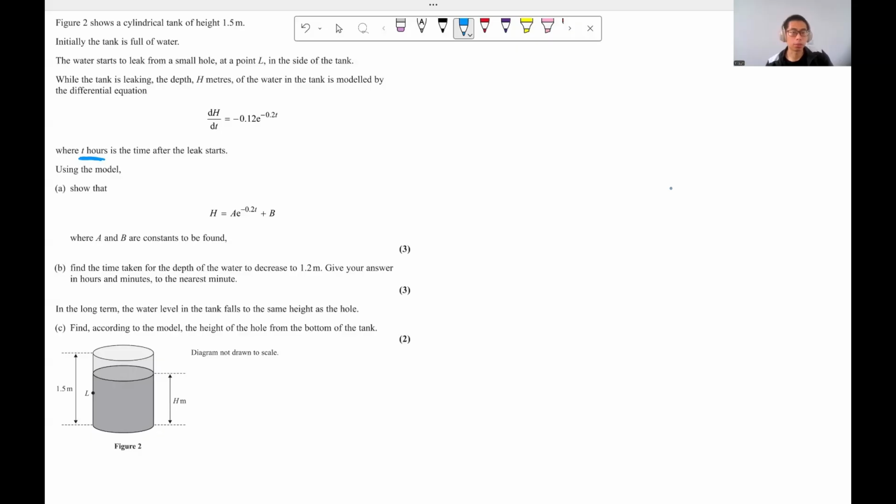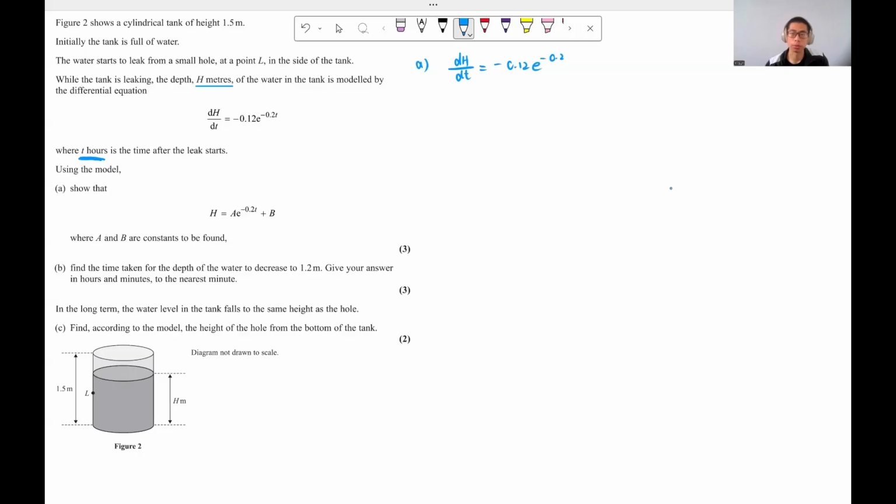So t is in hours and h is in meters. And then using the model, show that h equals a e to the power negative 0.2 t plus b, where a, b are constants to be found. Okay, so for part A, we just have to integrate dh over dt equal to negative 0.12 e to the